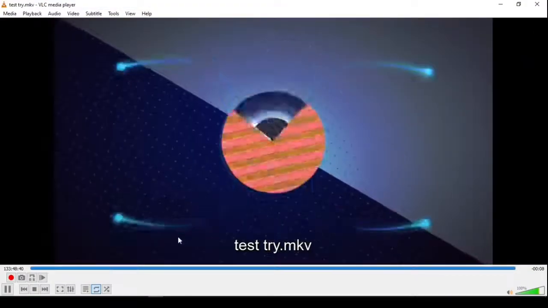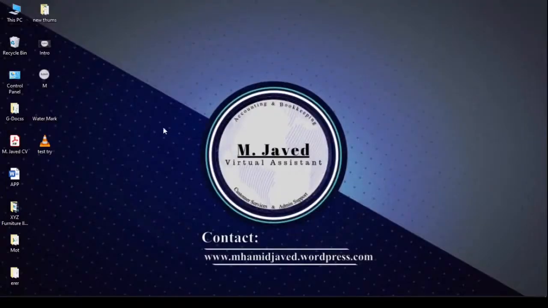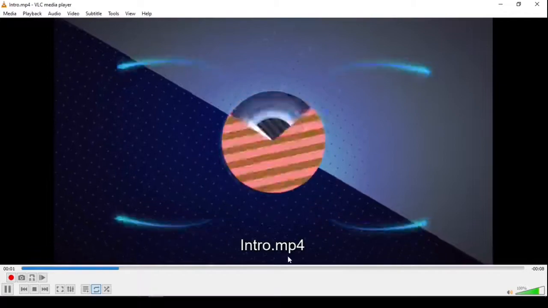Now play it, and here you can see that the quality is also good. And this is how you can use VLC player to change the file format according to your need,